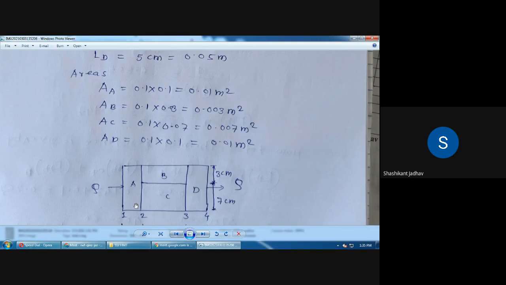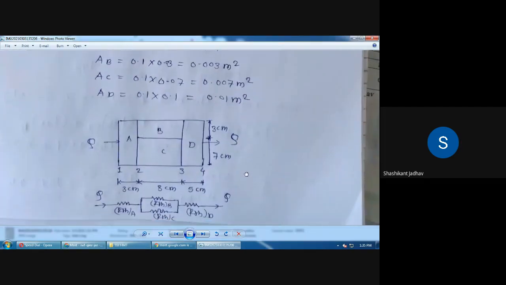Okay, because in this case, if suppose this B and C is not there, only one layer is there, at that time what will happen? The area for each layer is same. But in this case 2 parts have been taken for that layer B and C, so that the area for layer B and C is different. But area for layer A and D is same, because whatever the rate of heat transfer normal to the direction of heat flow, that is same for A and D. But for B only this surface and for C this surface. Okay.